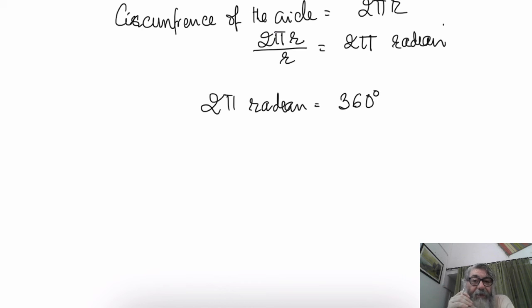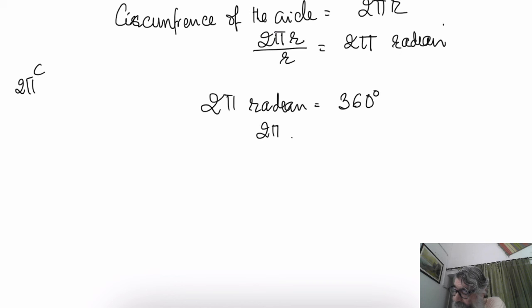Suppose I divide 2 pi radian. Every time we don't write radian. When it is written pi, that means it is already expressed in terms of radians, unless it is written as something else. Otherwise, you would write 2 pi c all the time. In practice it should be written, but it is not practical, so it is not written.